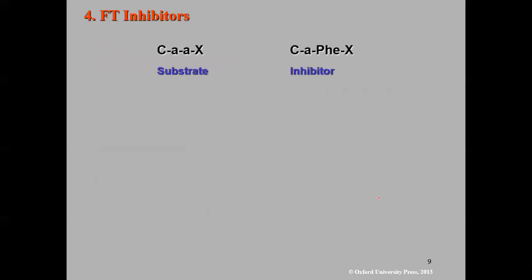As we said earlier, they took this substrate and started varying it. They started changing the amino acids. They kept the cysteine because you cannot change it. You need it for the attachment, and they changed the other amino acids until they came up with this inhibitor,